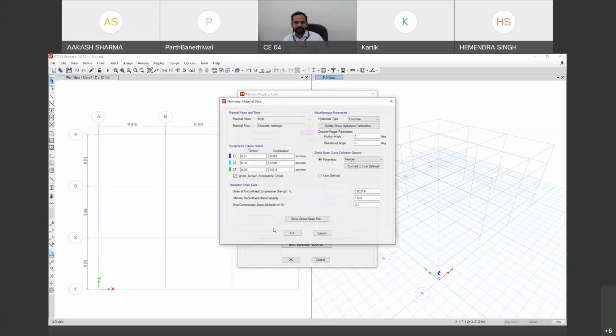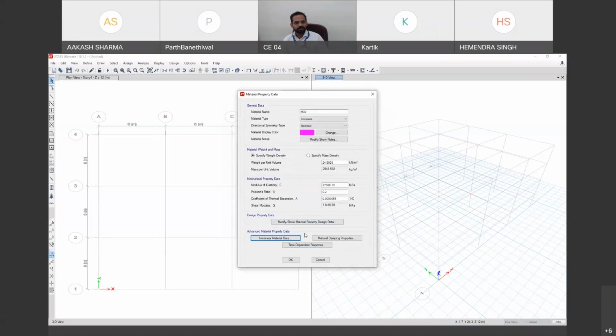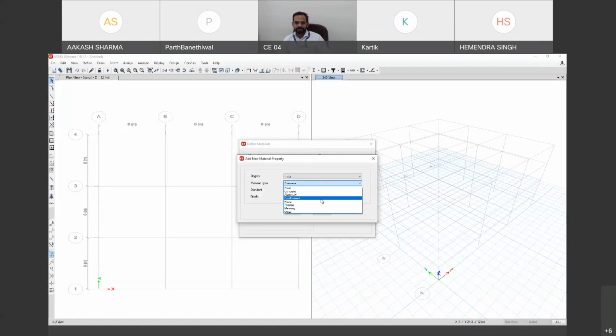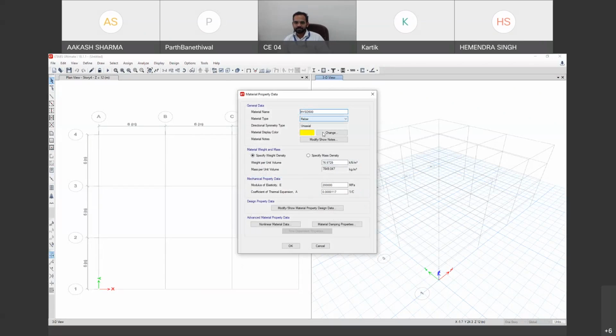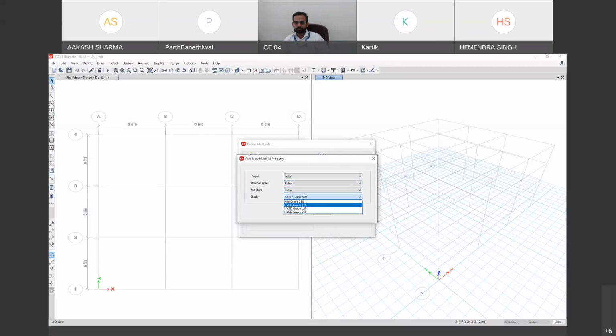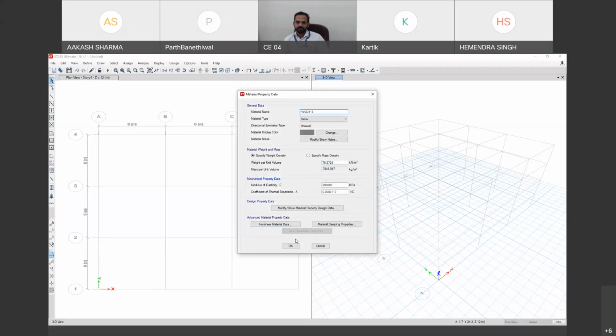We are not going for nonlinear material data because right now we are considering our concrete as a linear material, and we are not going with nonlinear properties or any time dependent properties. So I'll click OK. After doing this, I'll add a new material, which I'll say rebar. Now for rebar, we can use these types of grade like HYSD, high strength bar of 500 grade and 415. So I'll choose 500. This is the modulus of elasticity of steel, 2 into 10 raised to power 5. You know this. I can add one more. I can say 415 grade steel also we can provide. Okay.